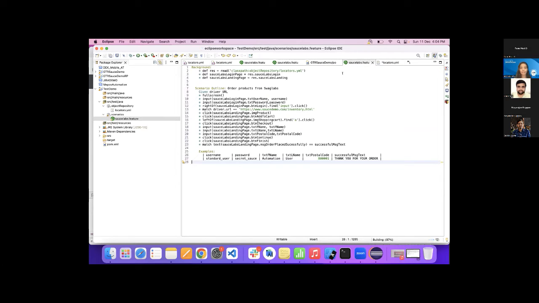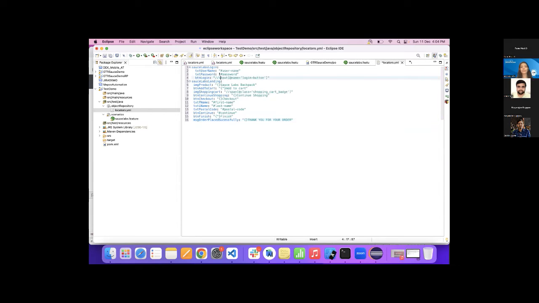So yeah, as you can see, these are the locators. I have covered the basic CSS locators as well as the XPath locators. Also, this one is the partial text match, where I would be adding the product to the cart. And this is the exact text match. And these are the other locators that I've used. So it's all a combination of the friendly locators, XPaths, and CSS.